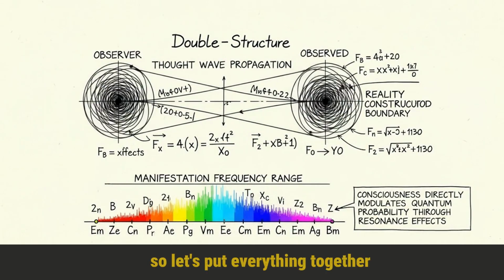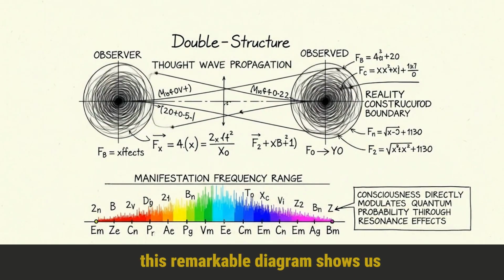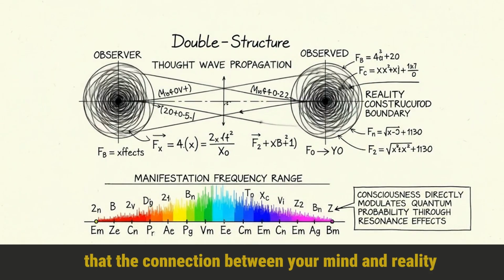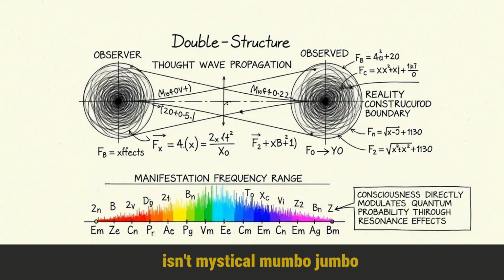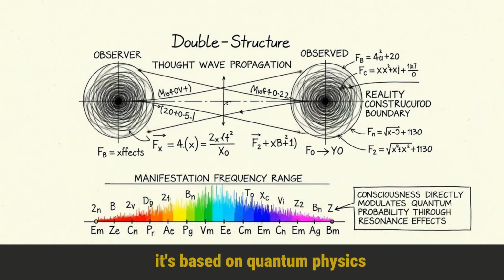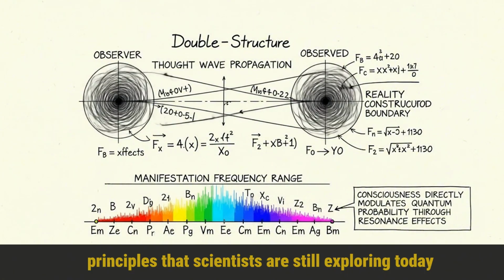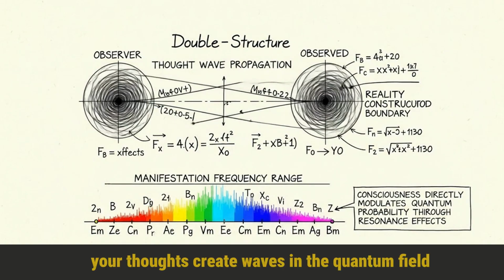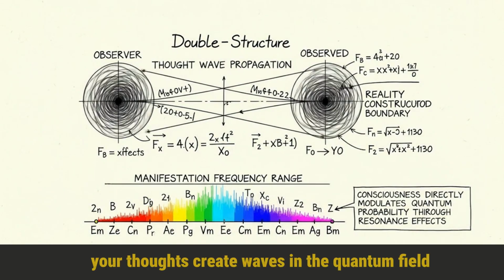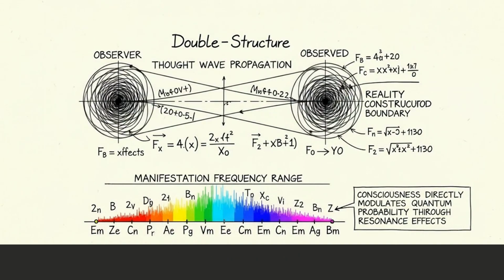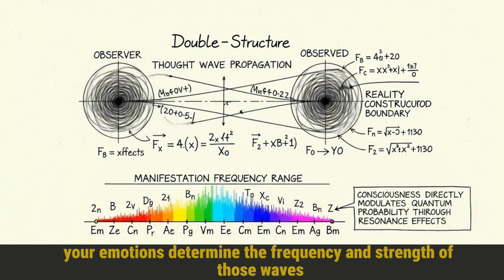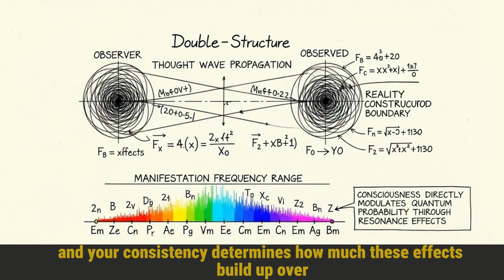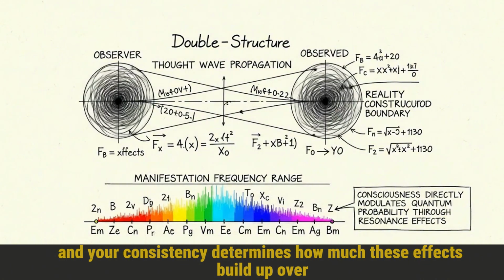So let's put everything together. This remarkable diagram shows us that the connection between your mind and reality isn't mystical mumbo-jumbo. It's based on quantum physics principles that scientists are still exploring today. Your thoughts create waves in the quantum field that influence probability. Your emotions determine the frequency and strength of those waves, and your consistency determines how much these effects build up